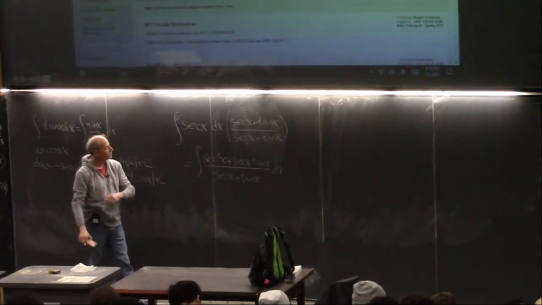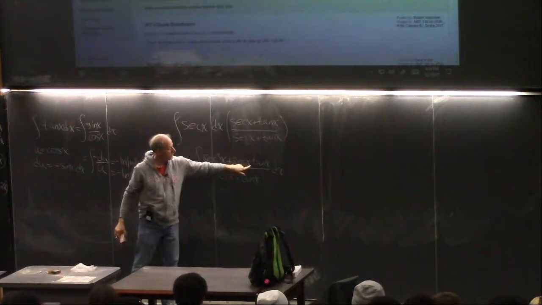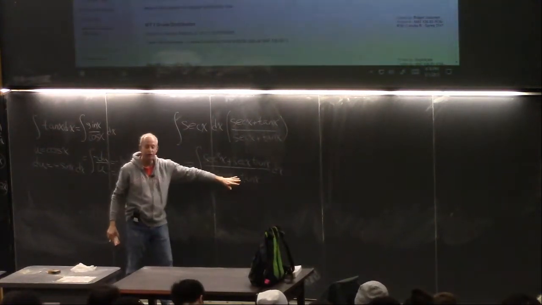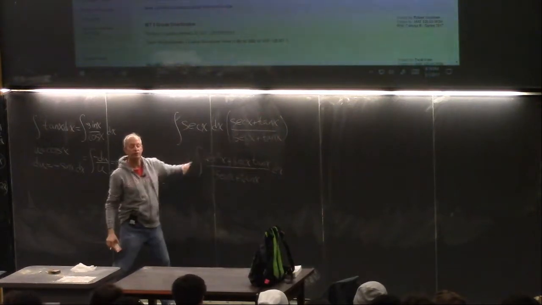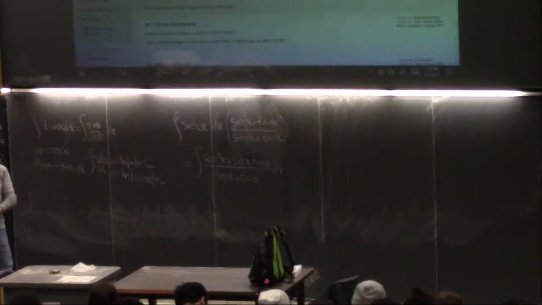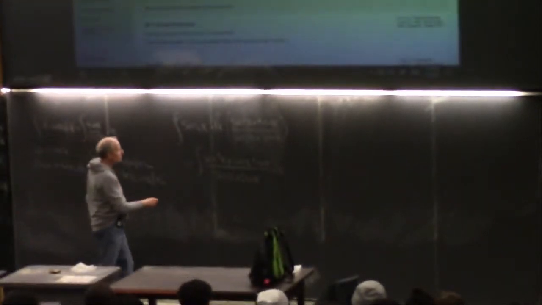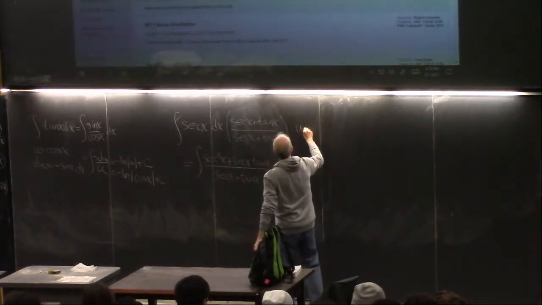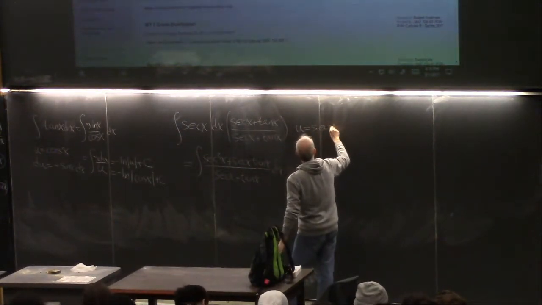Okay. What's the derivative of secant? Secant tangent. And what's the derivative of tangent? Secant squared. So now you can let u be the denominator and du will be the numerator. And I know, you're saying, I never would have thought of that. I know, but now I taught it to you. There's lots of things you never would have thought of. So if I let u be the denominator,